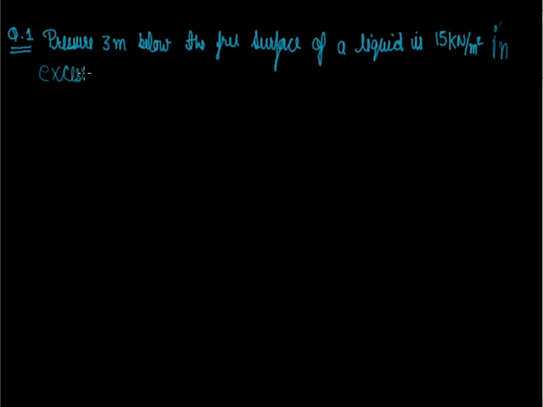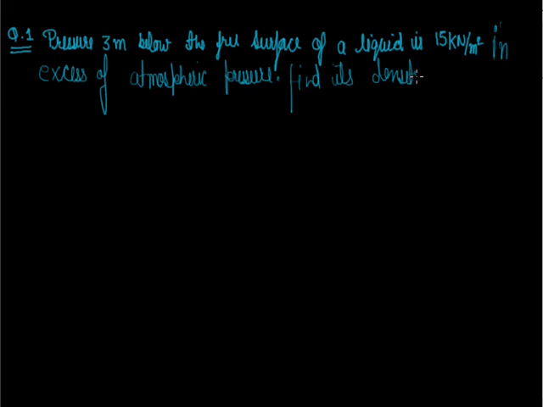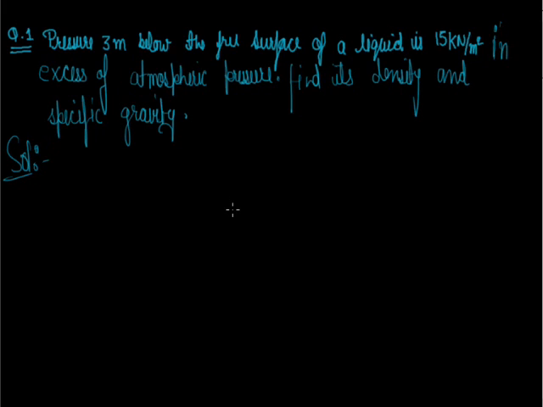Assume atmospheric pressure is negligible. Find its density and specific gravity. Solution. It is given in the question that the pressure 3 meter below the free surface of the liquid is 15